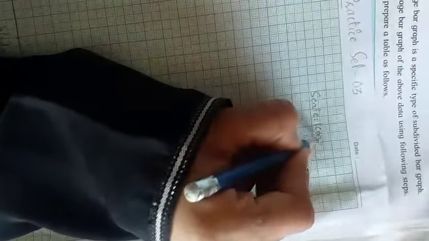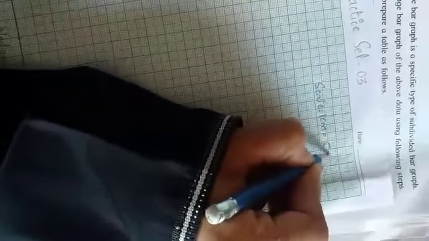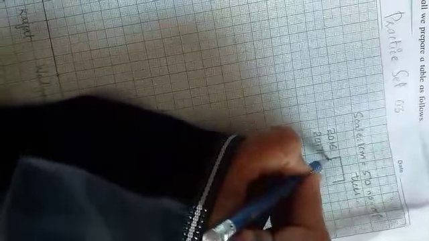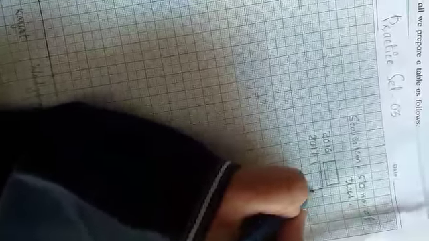1 centimeter is equal to 50 number of trees. Now the trees are divided into 2016 and 2017. So you have to write 2016 number of trees, 2017 number of trees, because we have to show the difference between these 2 years, the difference between the number of trees planted in both years. Okay.